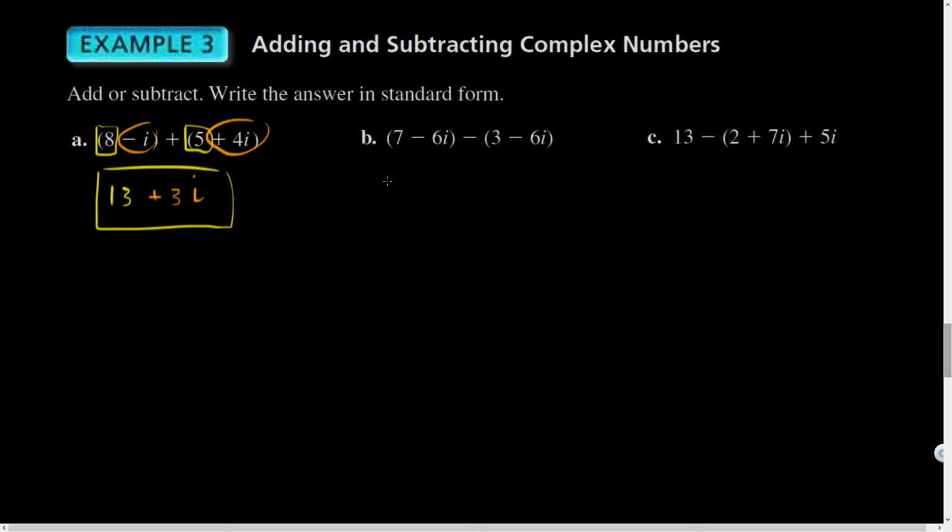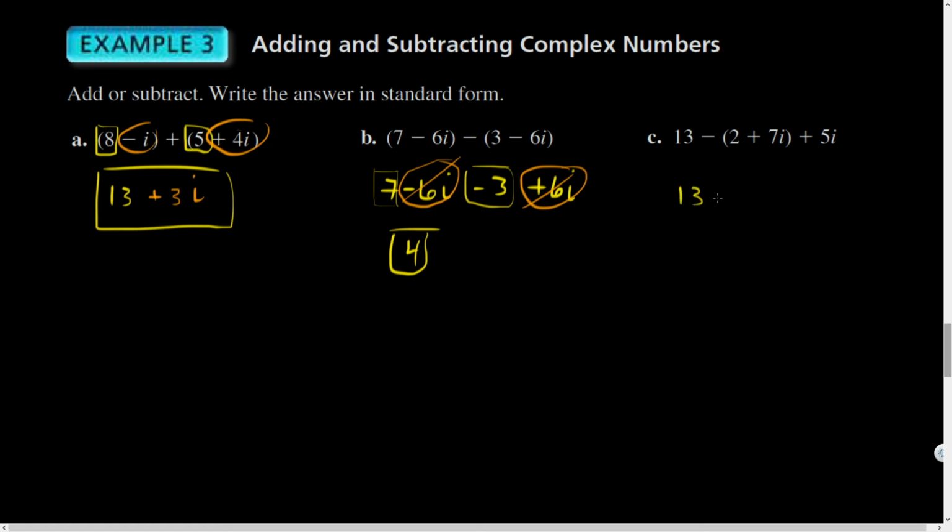All right, here I'll distribute, so 7 minus 6i minus 3 plus 6i. Combine the 7 and the -3, giving me 4, and then combine -6i and +6i. Those cancel out. And so it turns out here are two complex numbers that when I subtracted them gave me a real number. There was no imaginary part left over. So that's quite interesting.